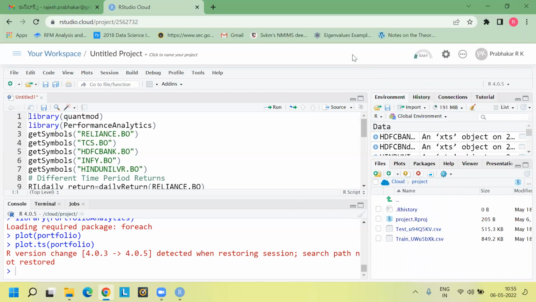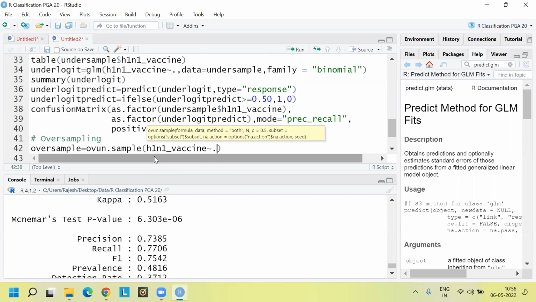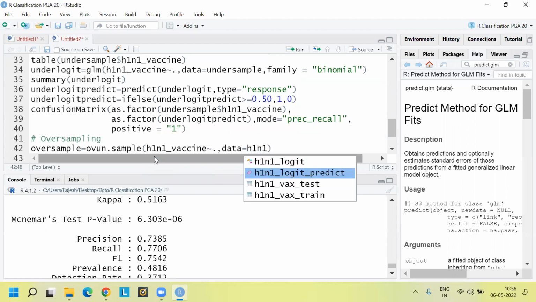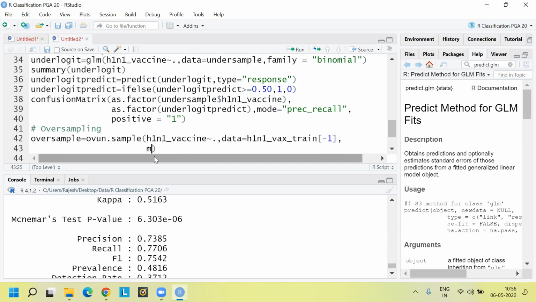That's what. If you correct the sampling, it will come. But did it increase? Oversample. Same 75 important. over.sample H1N1_vaccine ~ ., data = H1N1_vax_train[,-1], method = "over"